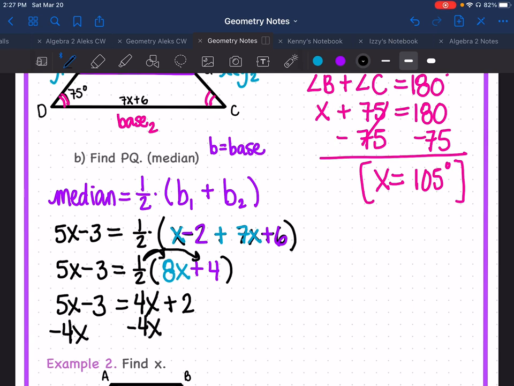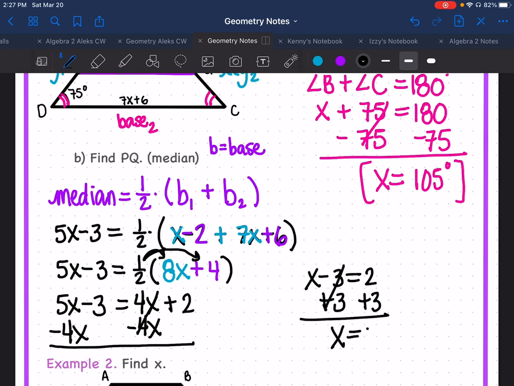I'm going to run out of space, I can see that, so I am going to move over here. 5x minus 4x would be x minus 3 equals 2. Add the 3, x equals 5. But they wanted me to find the median, so I have to go back and